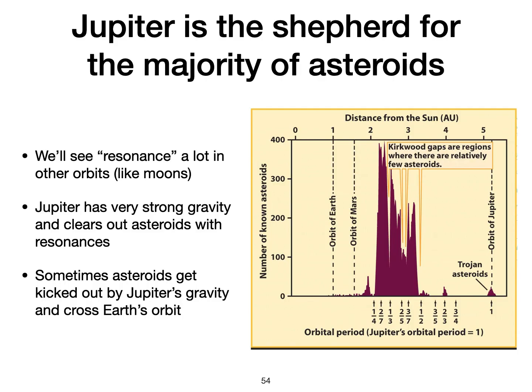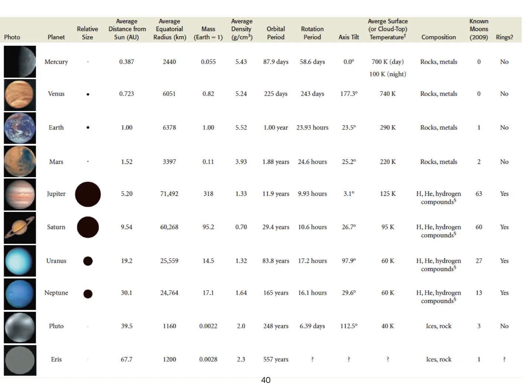Okay, so that's how we think they formed. Why did they end up where they did? Jupiter basically is the dominant gravitational influence on these asteroids. And we notice that there's a surprising lack of asteroids in zones where the asteroids have an orbit that is a multiple of Jupiter's. So if Jupiter has an orbital period, well, now that we have the handy-dandy table, let's look it up. Jupiter has an orbital period of 11.9 years. Let's call it 12 years. Okay? So remember, the Earth is 1 year. Mars is